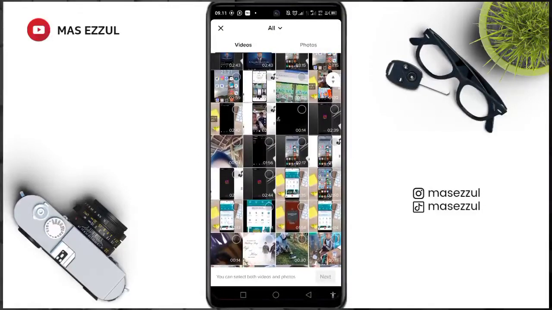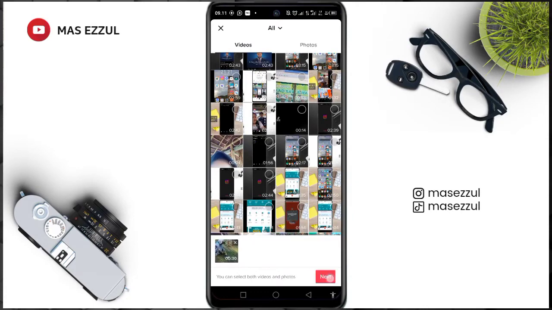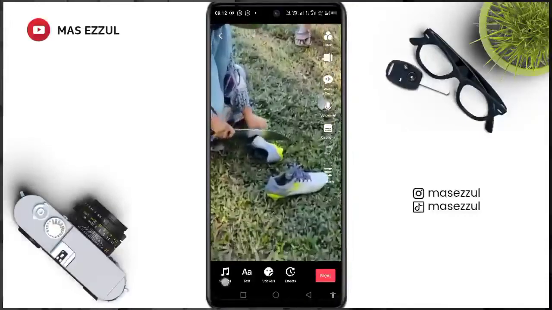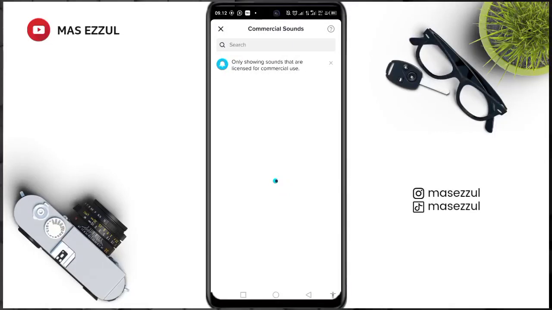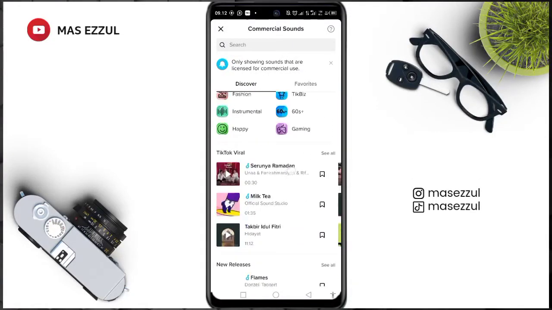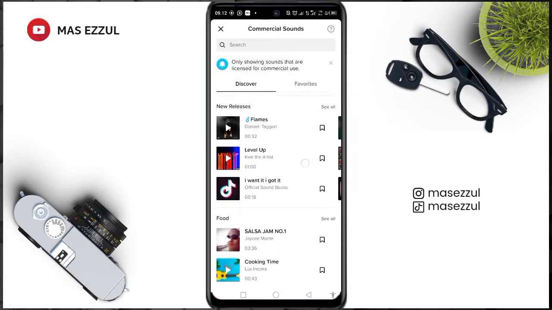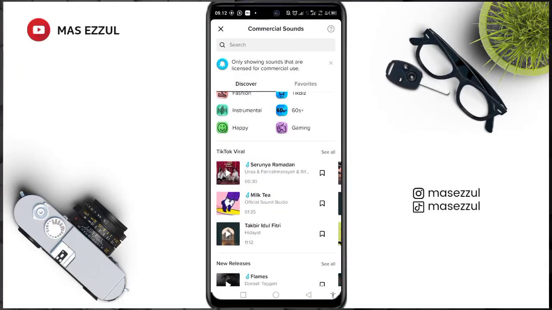Example, this is maybe okay. We click next. After that, on sound, we tap the sound, and we can add music: commercial songs, TikTok viral, new release, and others. Example, we will tap here, milk tea sound audio. Okay, after that we tap this